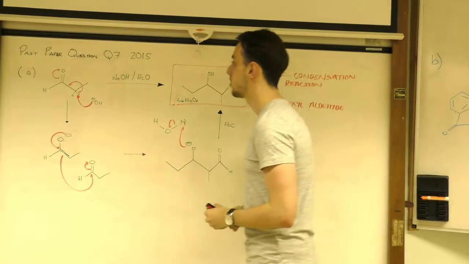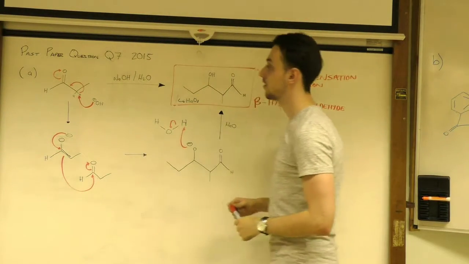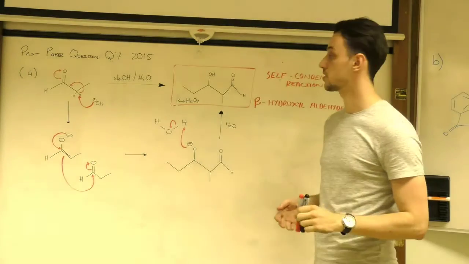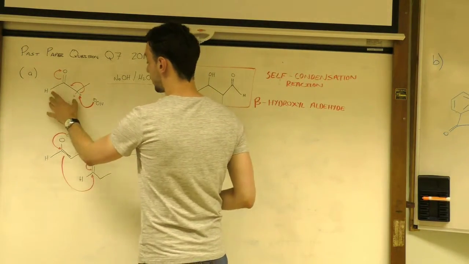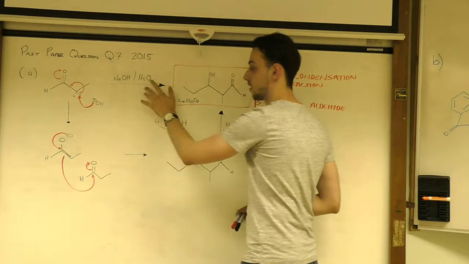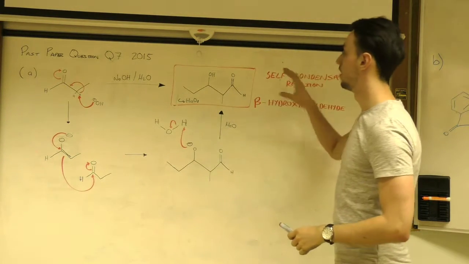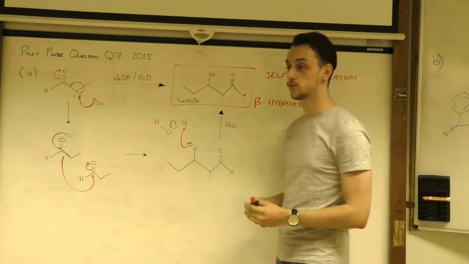So the question we're covering now is question 7, 2015. This is an enols and enolates question. Part A, you have an aldehyde reacting with base, treated with water to give a final product. All you're told is that it is